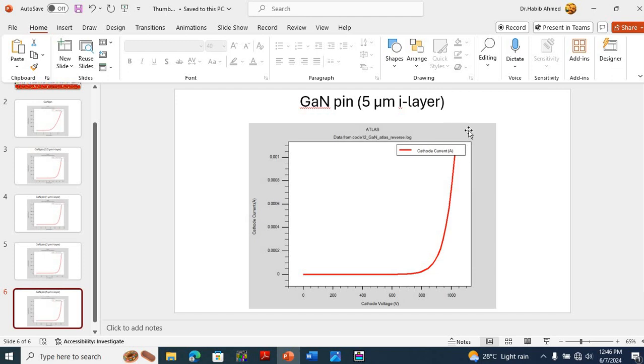So similarly, you can perform the simulation of quasi-vertical devices by introducing impurities, etc. as well. So here is how we perform the Silvaco TCAD simulation of gallium nitride based PIN diodes for high power and high frequency